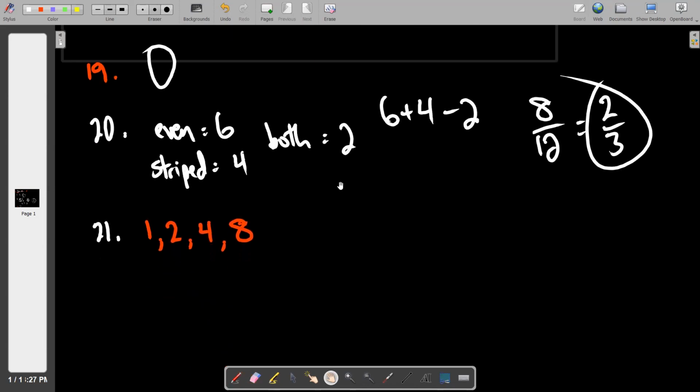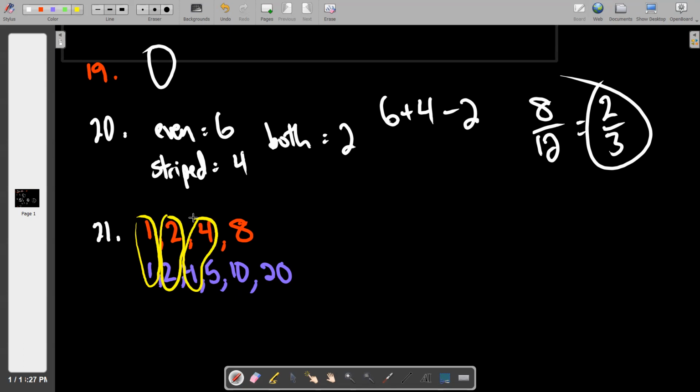Can I head down to 21 again? Okay, so the factors of 8 are up there written in red on the board, and the factors of 20 are 1, 2, 4, 5, 10, and 20. So listen, the bottom line is to be a factor of 8 and a factor of 20 means that you have to be in both places at the same time. I believe that 1 is in both lists, 2 is in both lists, and 4 is on both lists, and that's all. And those are all cards in the chart. So I would just say the answer quite simply is 3 out of 12, which reduces to